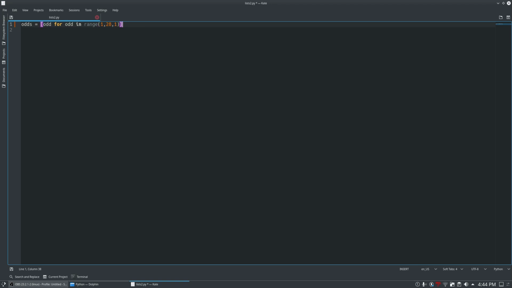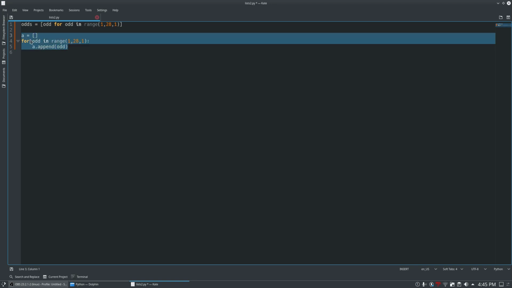This is just a very compact way of saying A is equal to some empty list, and then for odd in range 1 until 28 with a step of 1, it's the exact same for loop over here. Basically this over here is exactly the same as this over here. And then if we were to say a.append(odd), so if we were going to put the dummy variable odd into here, we could just use some expression of that dummy variable before the for loop in this list comprehension over here. This here is the exact same as this over here, where A will have the exact same list as odds